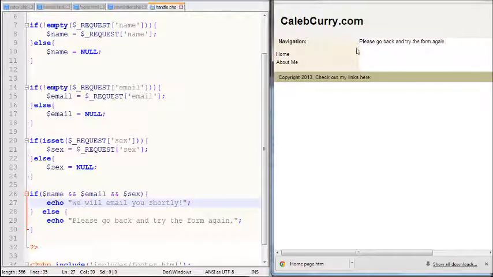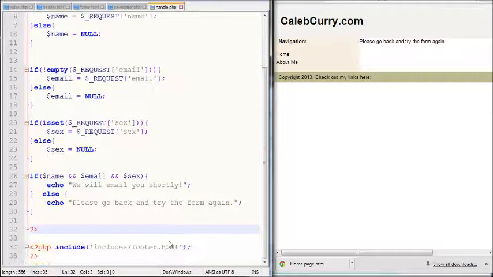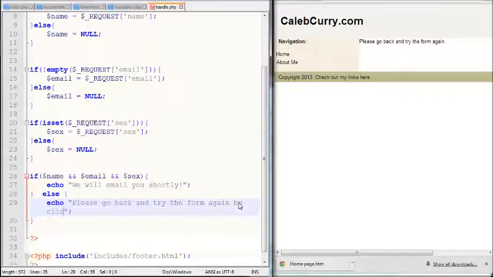And also I would like to make a link that'll take them back to the form if I wish. So to do that, within our echo statement, I could say by clicking, then make an anchor tag, href equals, and you can see a problem here. We've been using double quotes, so our double quotes within are messed up. So I'm going to change these to single quotes. href localhost slash newsletter.php,